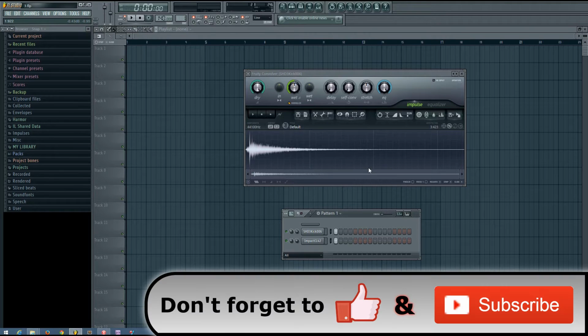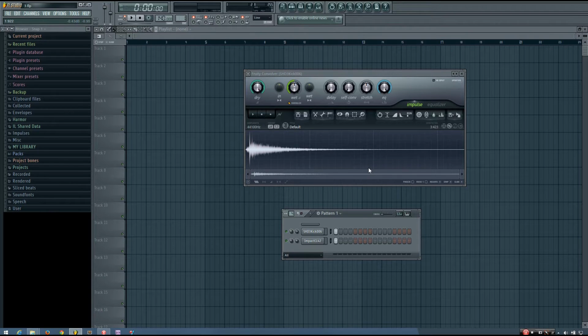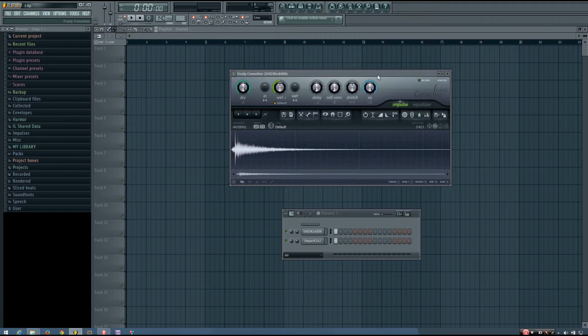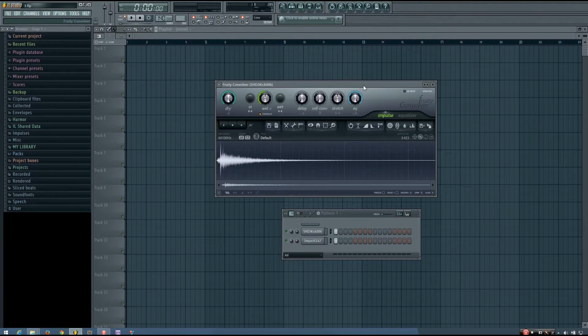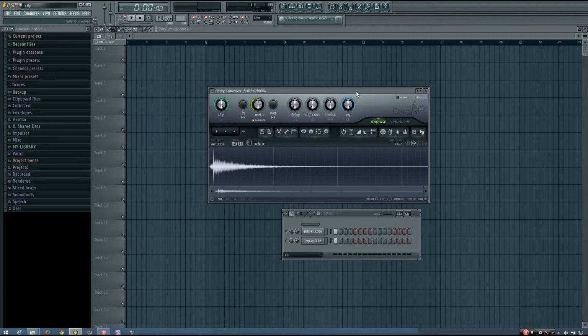So you could actually record the reverb that occurs in a real space or just the reverb from other plugins in your digital audio workstation, or hardware reverb effects such as plate or spring reverbs, and use that reverb in your song. Now in this video I'm not going to go into a whole lot of depth about convolution reverb